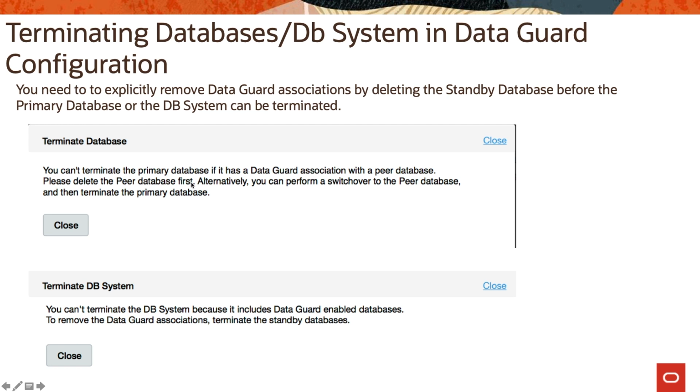So please delete the peer database first, or alternatively you can perform a switchover to the peer database and then terminate the primary database. That's how you terminate the database, and you can terminate the DB system, but before doing so you have to make sure that the databases are deleted within the DataGuard association. To remove the DataGuard association, terminate the standby database.